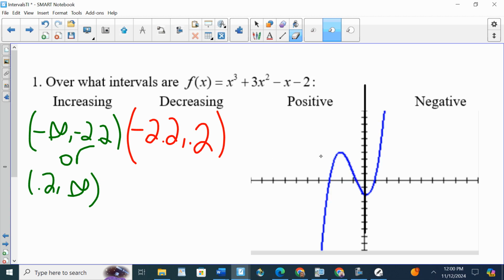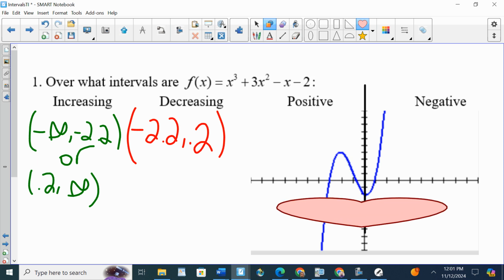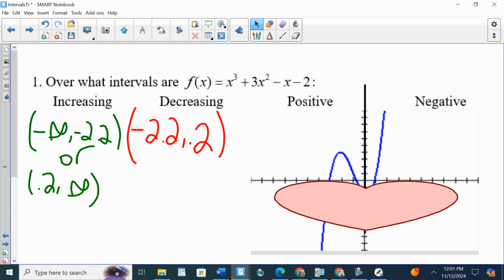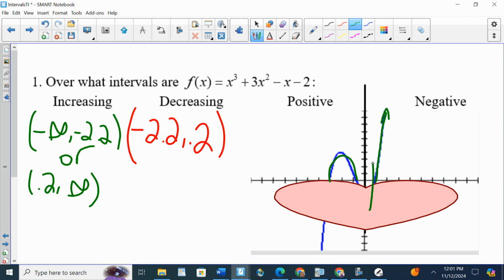For positive, negative, when it's above the x-axis, that's positive. So let's kind of cover, you're using your finger to do this. I'm using this weird heart thing because that's all I got. So I'm going to cover everything below. So let's do green, positive. So this is positive and this is positive. And then on the flip side,